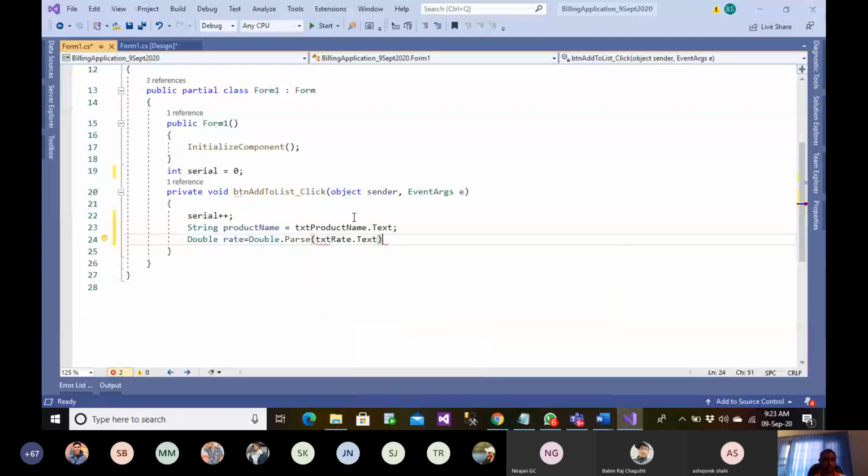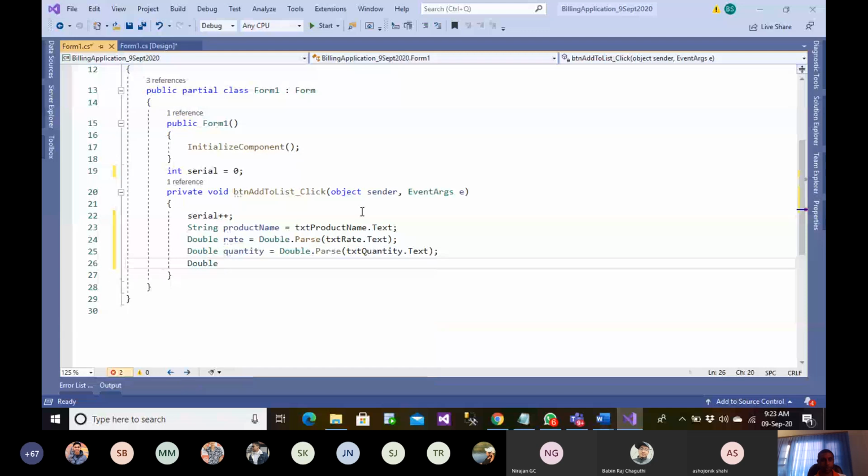Then I would like to read quantity. Amount should be equal to rate into quantity. Calculate rate into quantity, and now we want to populate this onto the grid view.